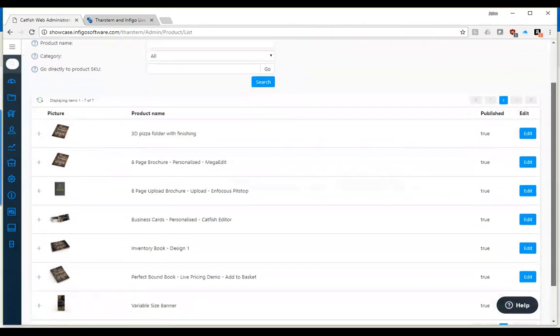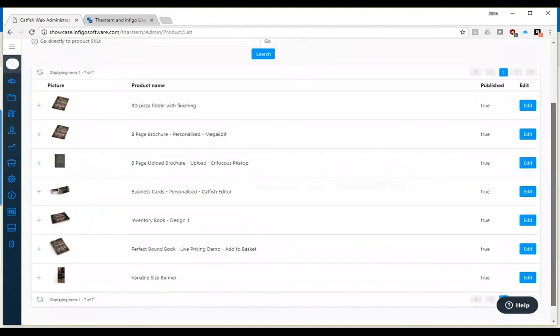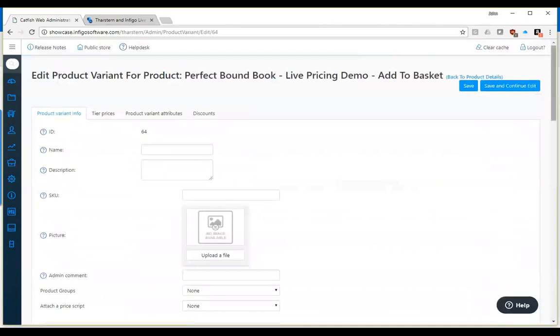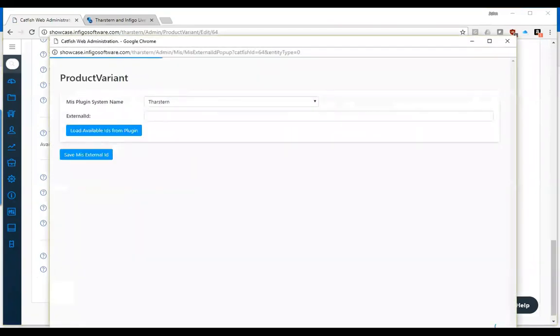When we talk about an API interface between a web to print solution and an MIS, all you see is the end result, the price that's coming up on the screen. And what Doug and I thought would be a good idea was to very quickly show you what happens underneath the bonnet. So we're actually in the administrative area within Infigo, and